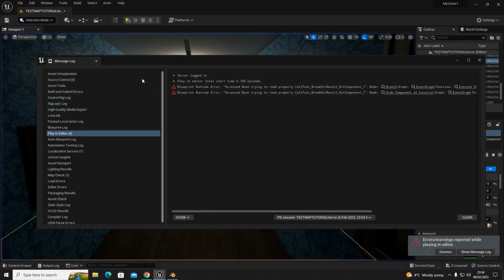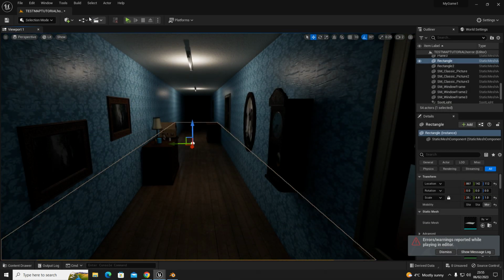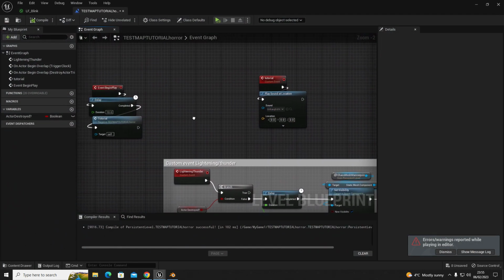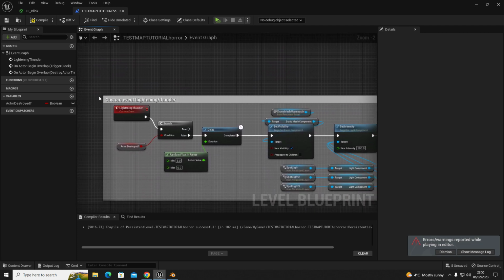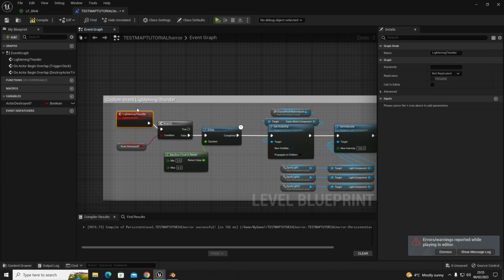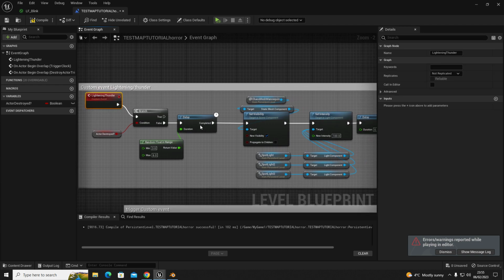Okay, so that's how you use a custom event. That's how simple it is. So on this one, on this custom event, so when you see the mannequin appear,